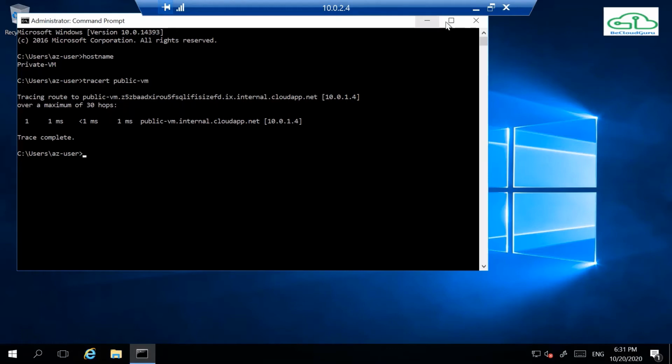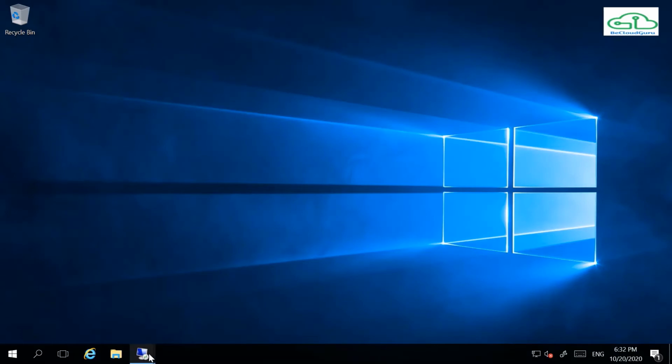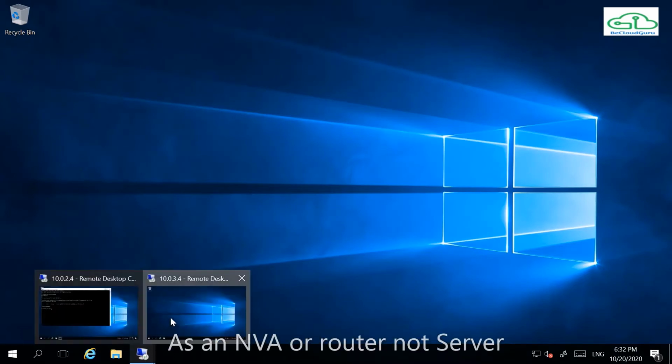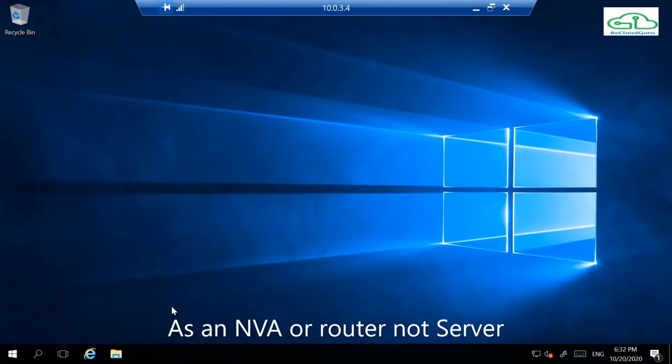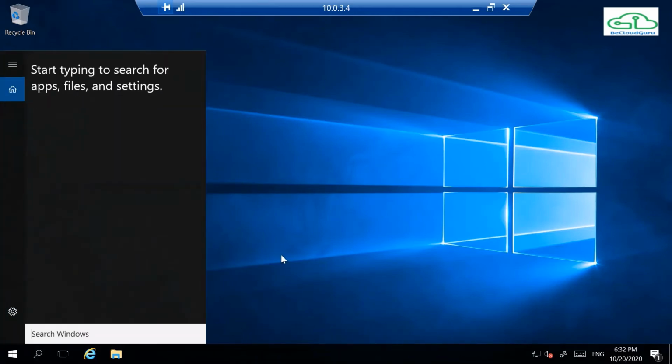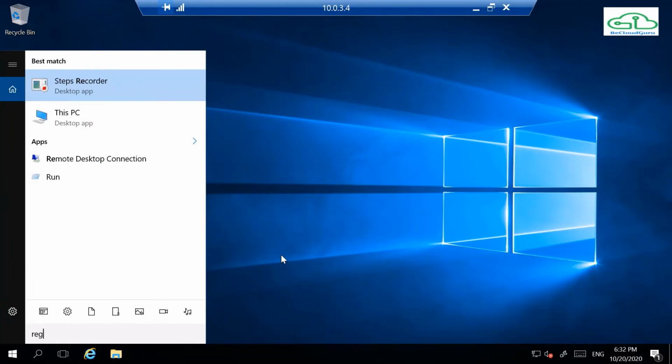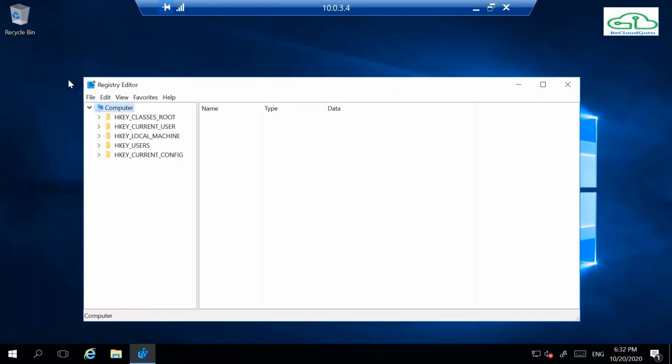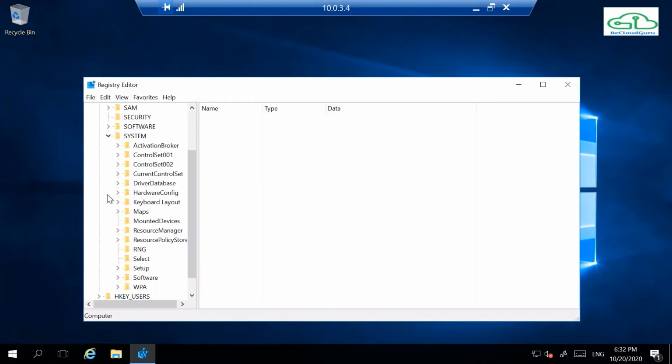So now let's go back to our Azure portal and start configuring our routing. And before we do that, let's minimize this one, and as I promised that I would be showing you how to configure that Windows virtual machine as a server, so we'll do that. So open the registry editor. I'm just making sure that it can act as a router. Let's go to HKEY_LOCAL_MACHINE, then System.